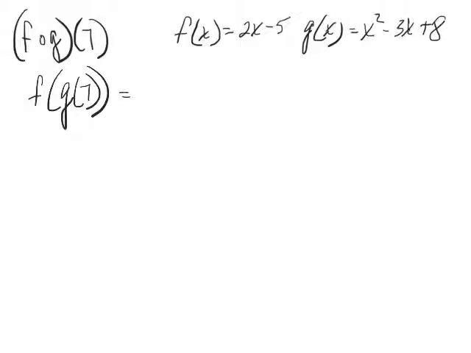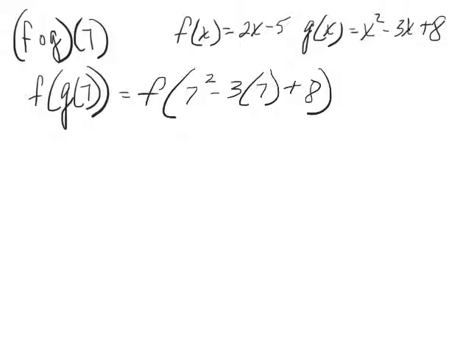And that means that whenever I see an x up here, I'm going to put a 7 in its place. So instead of writing g of 7, I'm going to take this and put 7 in its place. So I'm going to write that as f of 7 squared minus 3 times 7 plus 8. Okay? So that gives me f of 49 minus 21 plus 8, which gives me f of